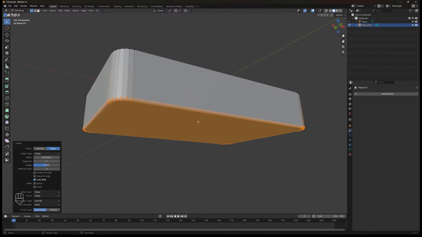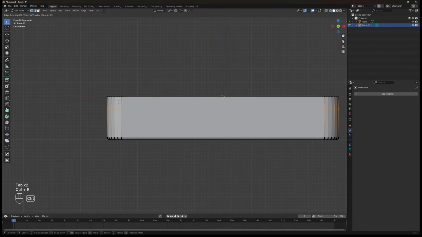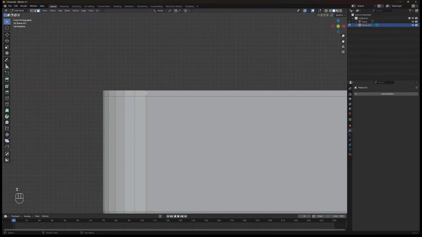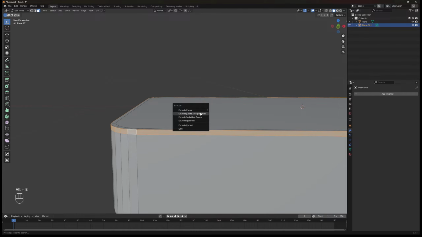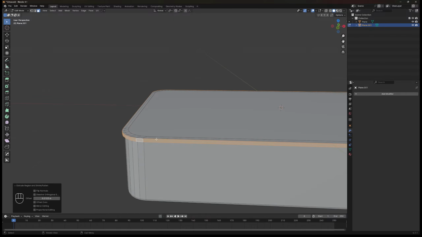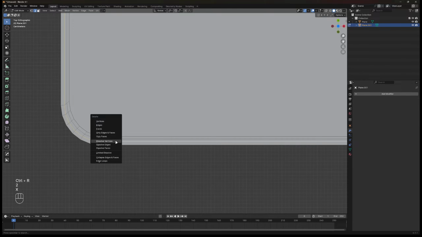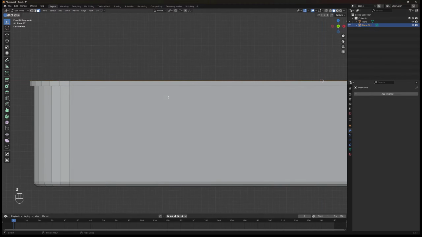On the side of the tin here, hit Ctrl plus R to add a loop cut and drag it close to the top. Move to face select and select the loop face here by holding Alt and left click. Press Alt plus E to extrude the face along normal. Extrude the face out a little and move to the top view. Place a loop cut here and delete the middle loop edge. Then select the outer face and extrude it up on the axis with a small touch.